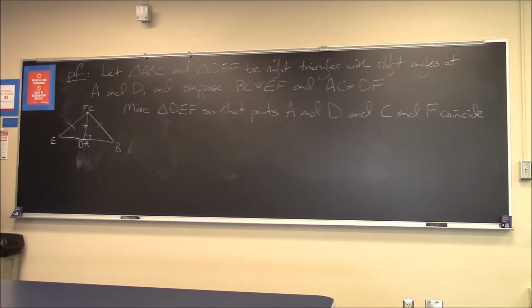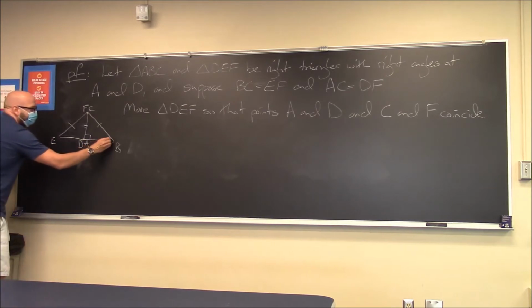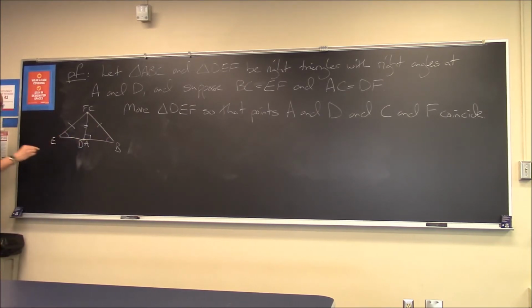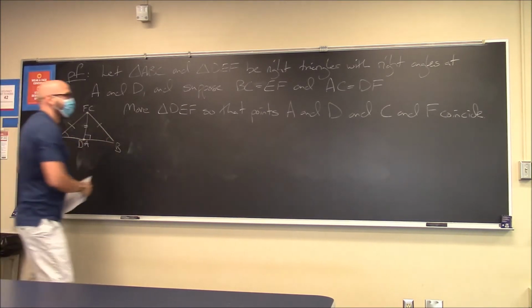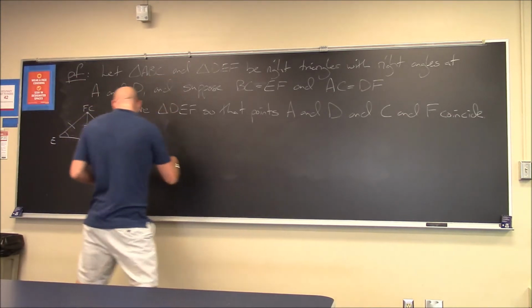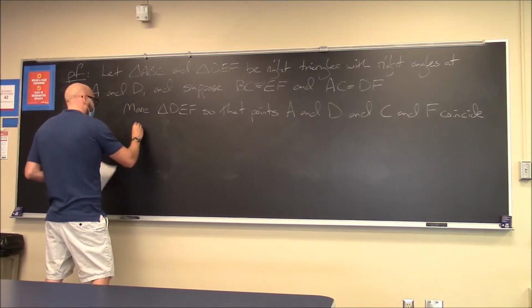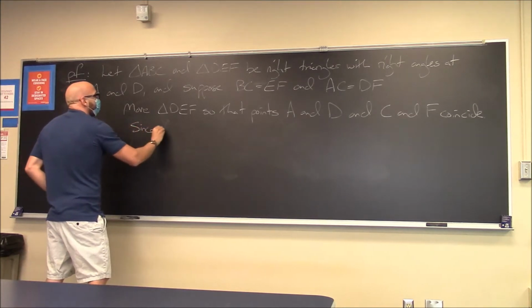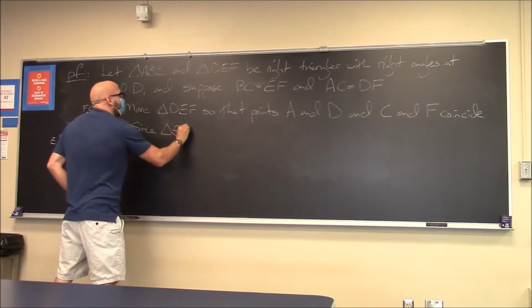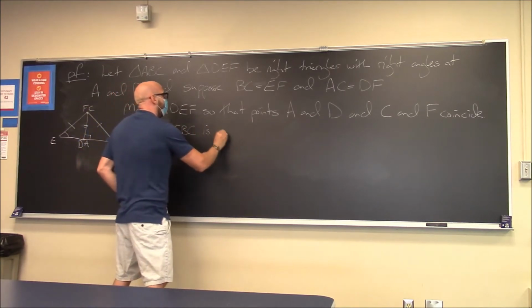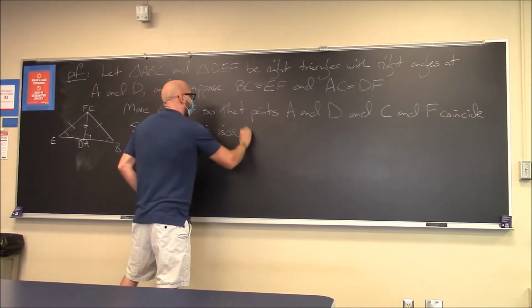And we have a theorem about isosceles triangles that these two base angles should be congruent. Right, so these coincide. Let's see, how do I want to write this? Since triangle EBC is isosceles,